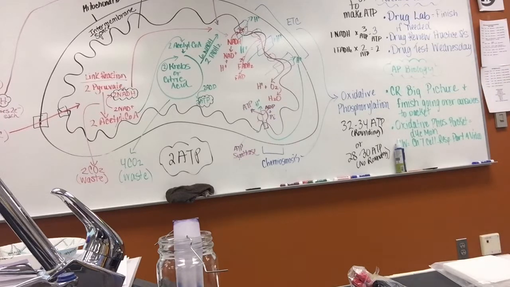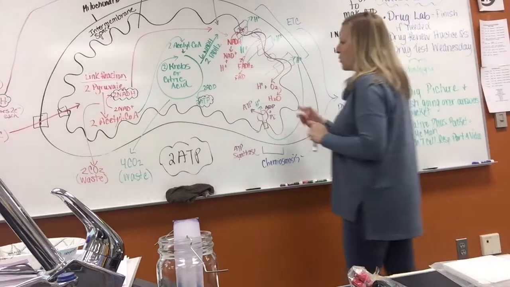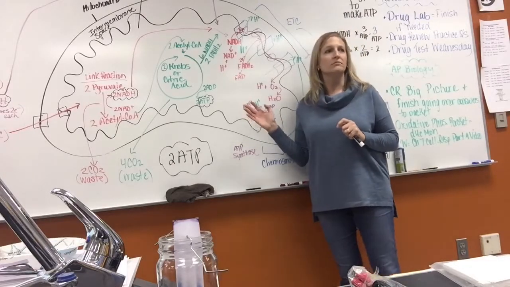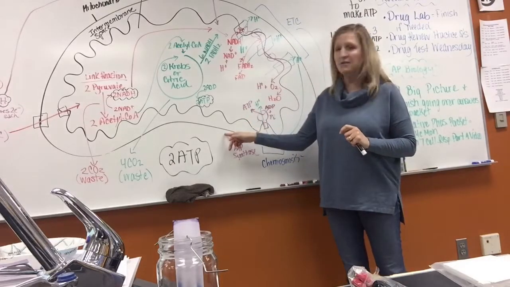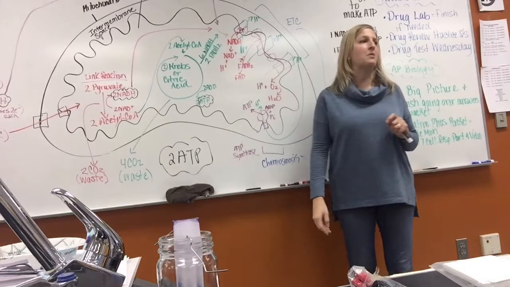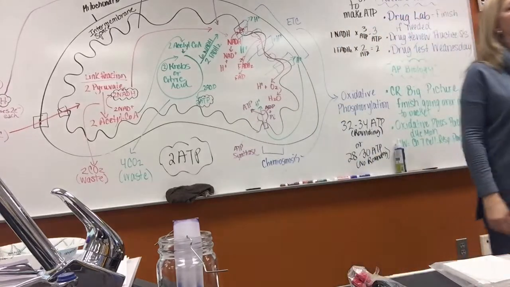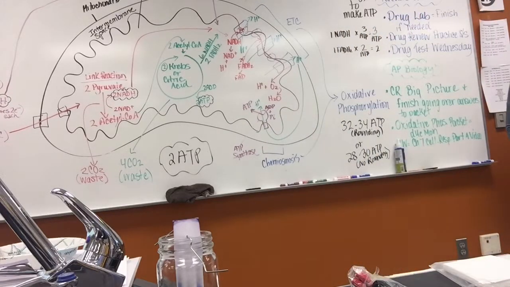To be more efficient. Why would it be more efficient? Somebody else tell me why. It has a higher surface area to volume ratio. All right, high surface area to volume ratio. Why is that important? Why isn't it on the outside? Why does it have to be in the inner membrane that this is all important? Jesse? Because the inner membrane has the electron transport chain, so that more